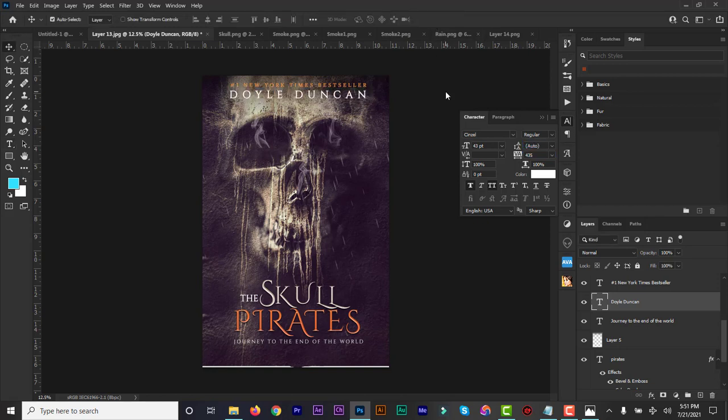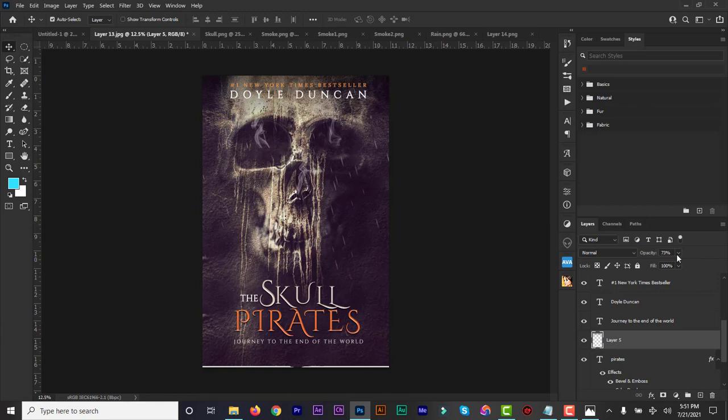Okay, drag it down, and this I can further increase the opacity or reduce it. So I'm trying to make sure that the text is